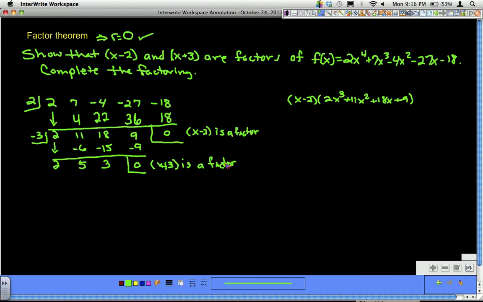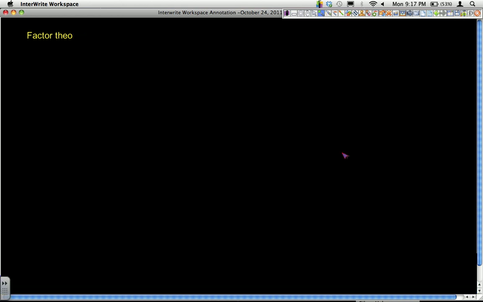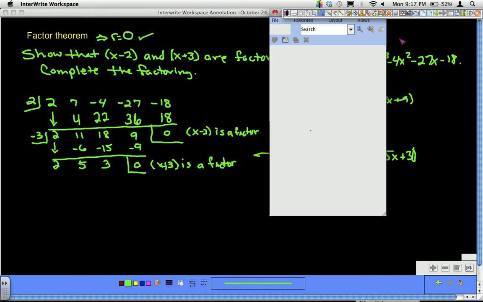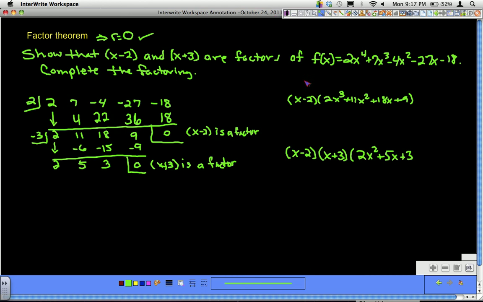So if x plus 3 is a factor, that means the x minus 2 that we had already pulled out, the factor x plus 3 that we just checked, and now again, since this was fourth power, this was third, this is second. So now we've got 2x squared plus 5x plus 3. Now once we get to that term,